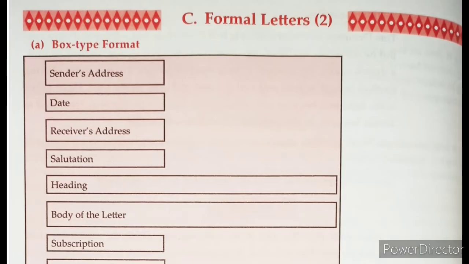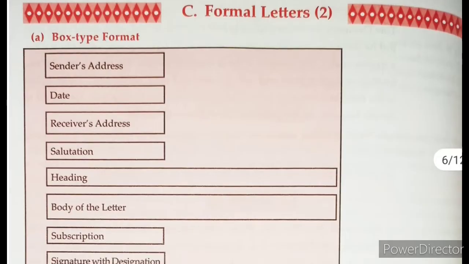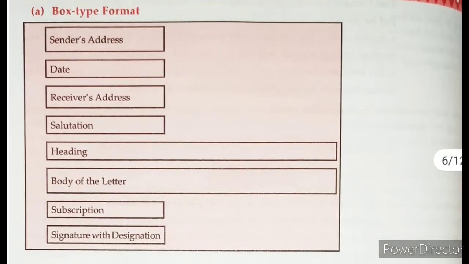Now this is the formal letter box type format. See, sender's address, one who is writing the letter, full address, official address with pin code. Then leave a line, write the date as shown earlier. For example, today is 23rd, so you can write 23RD, then space, then month is JULY, then put a comma, and then you write 2020. So that's how you write the date.